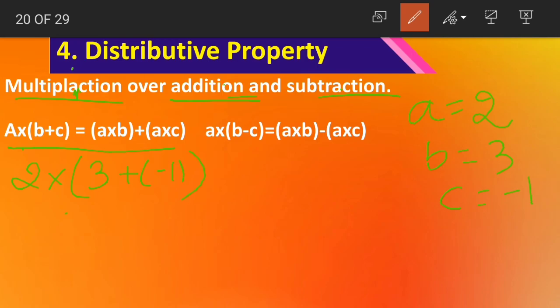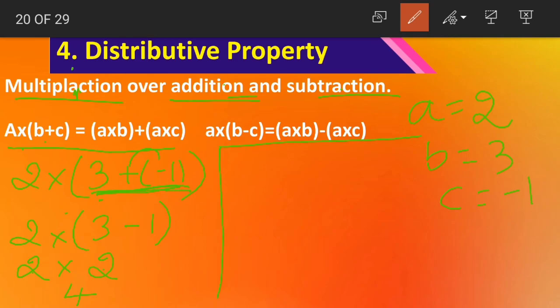A into b plus c is written as like this. Now first what should we do? We should solve the terms in the brackets. Plus into minus becomes what? Plus into minus becomes minus. Then we have 1. What is 3 minus 1? 3 minus 1 is equal to 2. 2 2s are 4. Understood? First we solved the numbers inside the brackets and then we multiplied it with the outer number. Understood class? First we added and then multiplied the result with 2, which is a here.